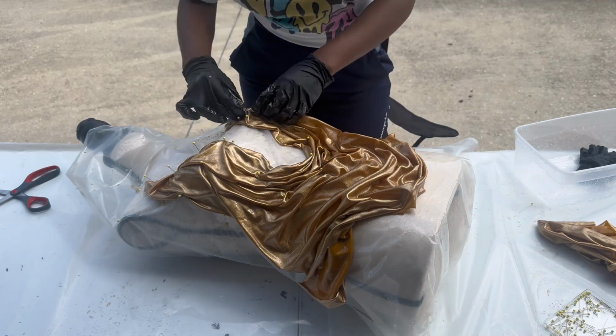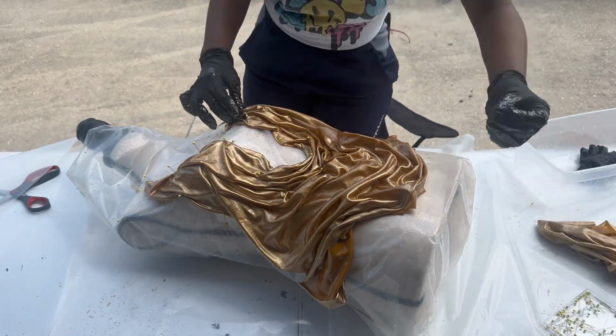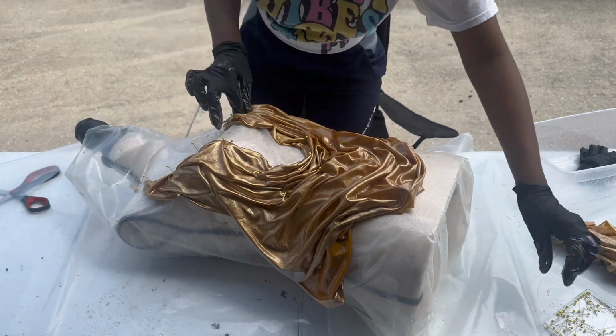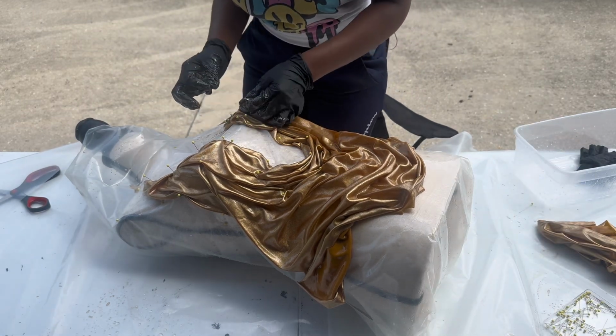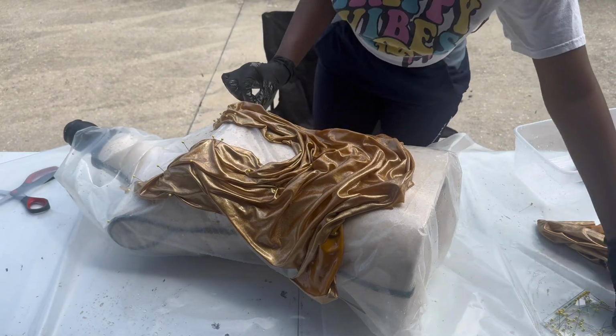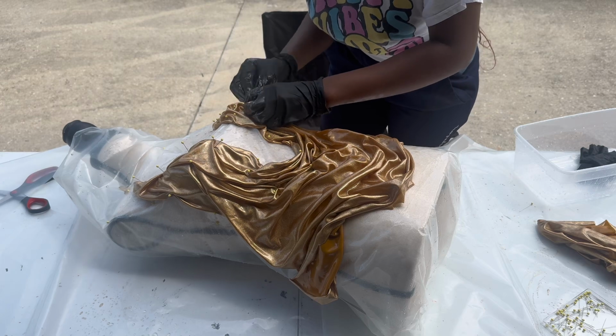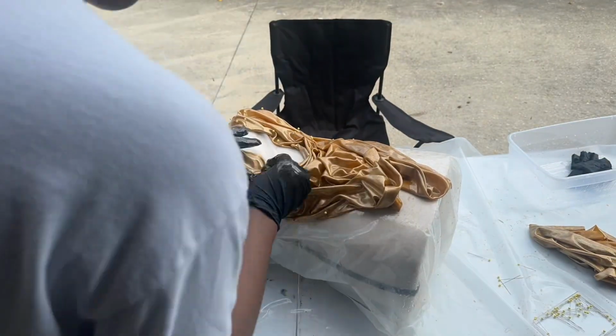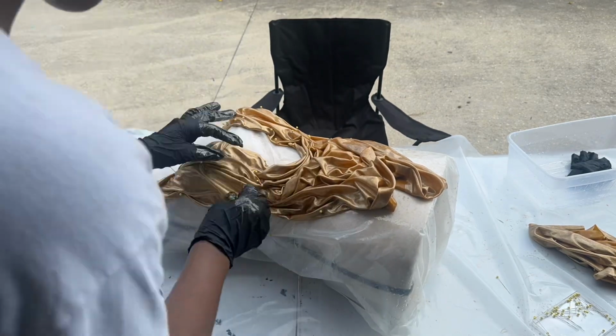See, I changed from my blue gloves into my black gloves. I promise y'all, I ran through about 10 pairs of gloves doing this project. About 10 pairs of gloves. I'm not even exaggerating. So make sure you have a whole box of gloves because you will need a good bit of gloves. But I went ahead, put some more pins in there, draped it some more,